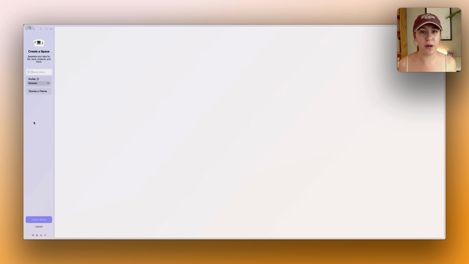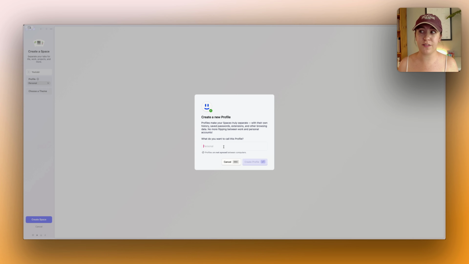For this example, I'm going to create a space for different YouTube tools. So we're just going to call the space YouTube. And then we can create a profile. If you've never created a profile in Arc before, you will have to make a new one. I have a few in here, but I'm going to make a brand new profile, which you can link to any different logins. So for example, I'm going to use a new Gmail login for this, and that will be